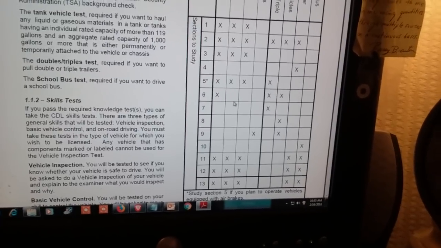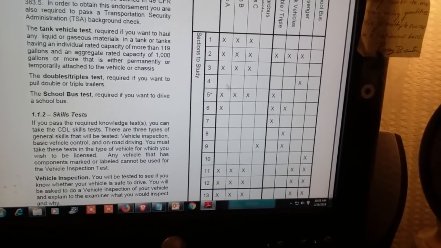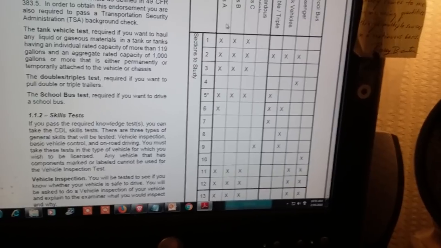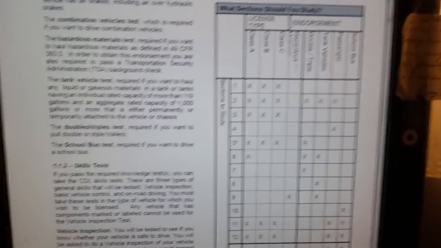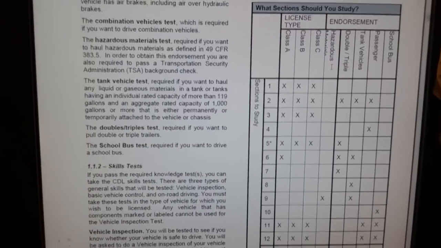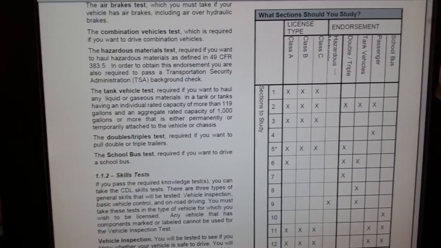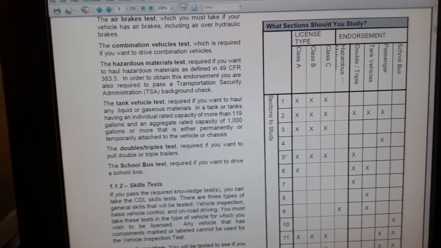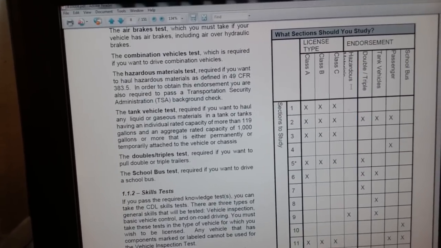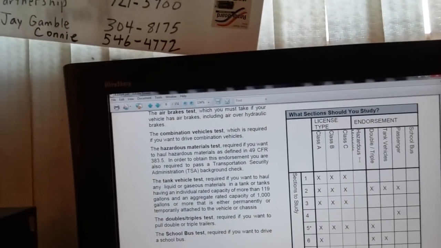And really it boils down to what type of license you want to get. So if you're going to be a school bus driver, they'll tell you where you're going to get a job. They'll tell you, well, you need a Class B CDL license. You need to get the school bus passenger endorsement, and you need to get the